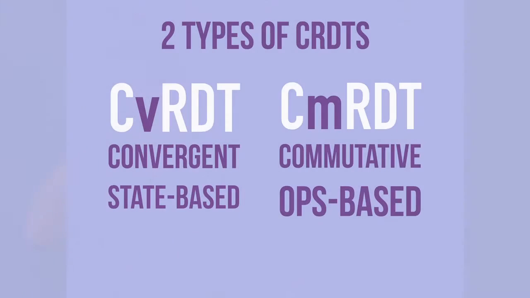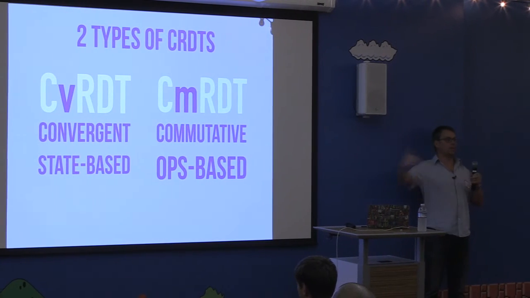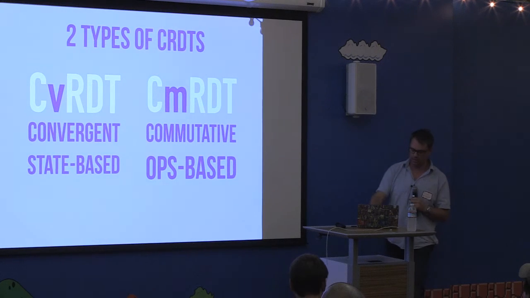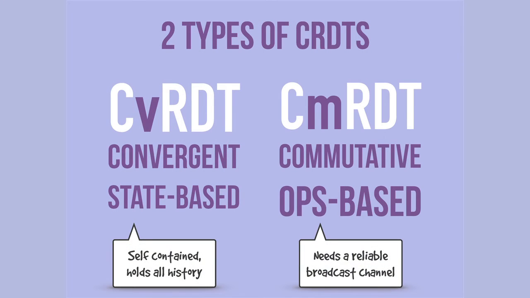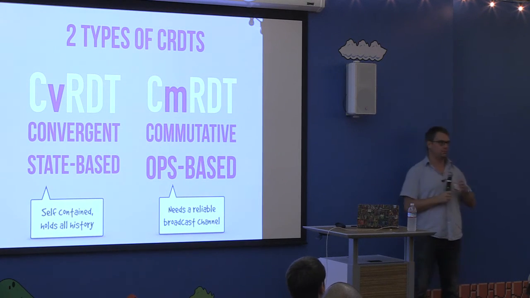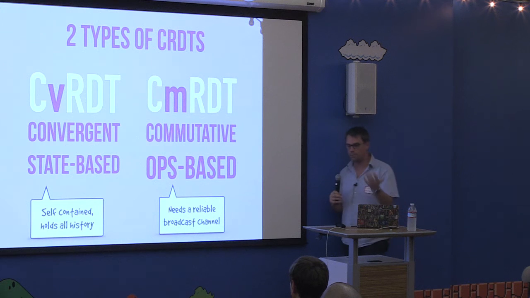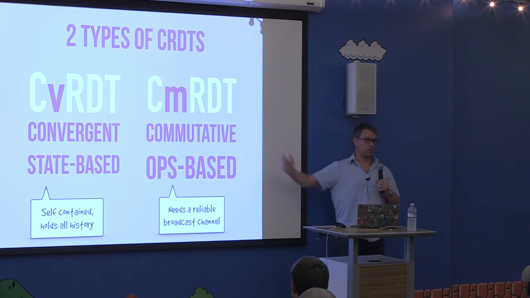And there are two types of CRDTs. There are the state-based, the CvRDTs. They are convergent. They basically have the same properties and problems as vector clocks. They keep all the history around. They are fully self-contained, and that's a good thing, right? Because that means you can send them off even to mobile devices, and they can do all kinds of updates. And when the network comes back, they will just automatically converge, and things will be consistent. It's a very nice model. But you have potential problems with the history growing over time.